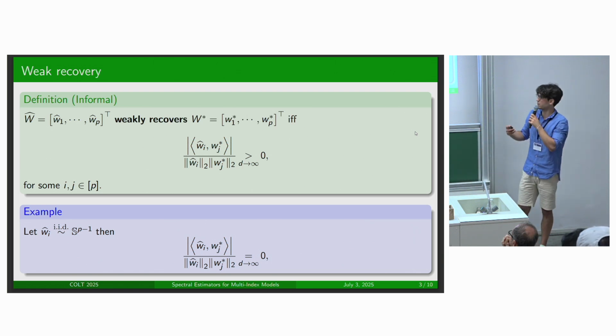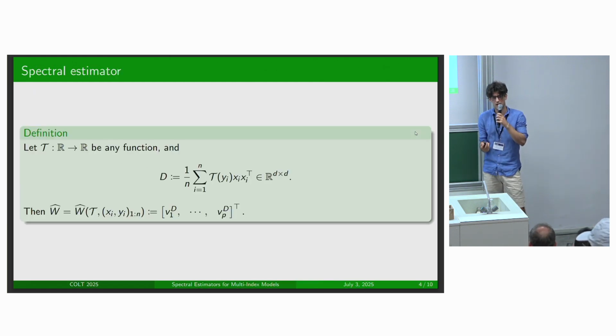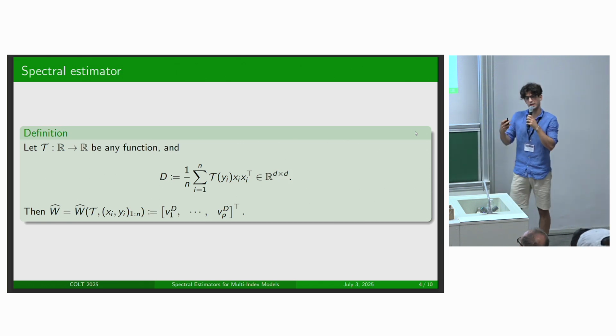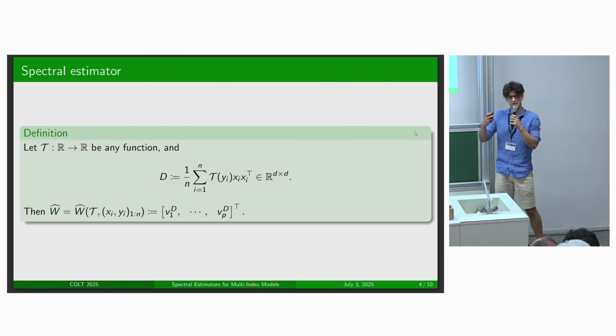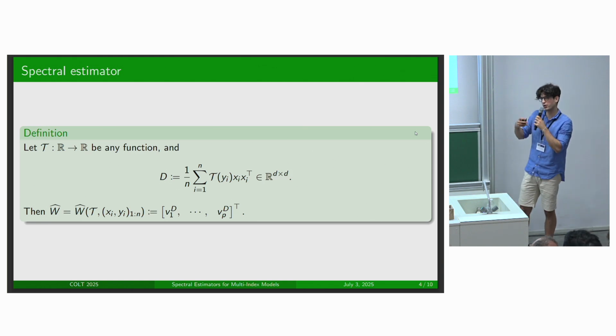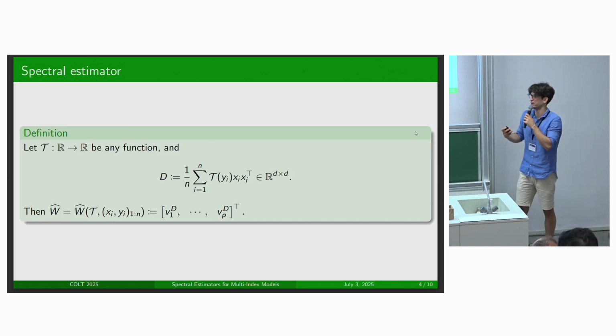In this case, what we were considering was using spectral methods. Spectral methods are about using the input data, the x's, and a function t, the pre-processing function on the outputs, to scale the importance of the inputs x, right? So we want to put more importance on the data that we suspect is going to correlate with W star and less importance on the others.